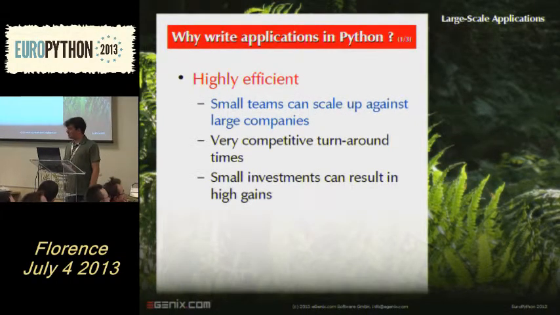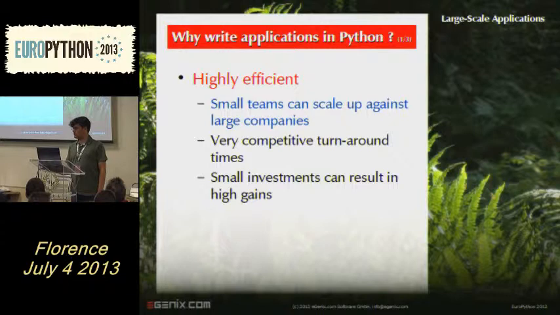Right, so why write applications in Python, large-scale applications? For many of you it's probably pretty straightforward. I mean, that's why you're here. Python is of course very efficient. You can have small teams write big applications. You can have small teams compete against big companies, and I'm talking about companies like IBM, like Oracle, who usually want to do everything in Java, and so they're slower and they cost more to implement the projects. You can be very competitive. So if you're a small shop, then you can easily compete against these bigger companies because they can't move that fast and are not that flexible.